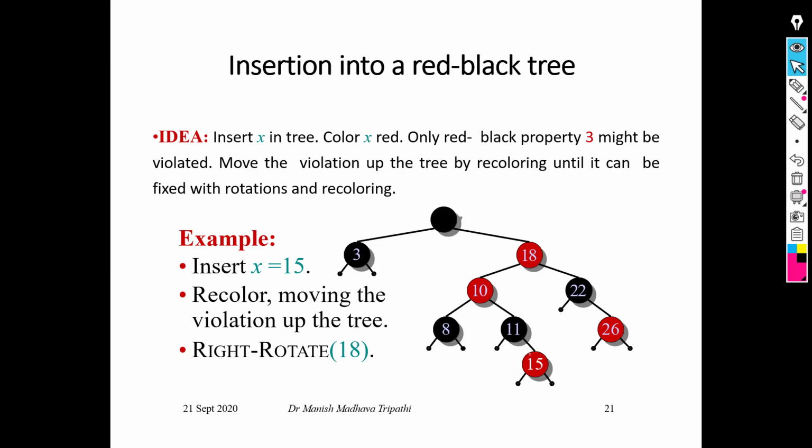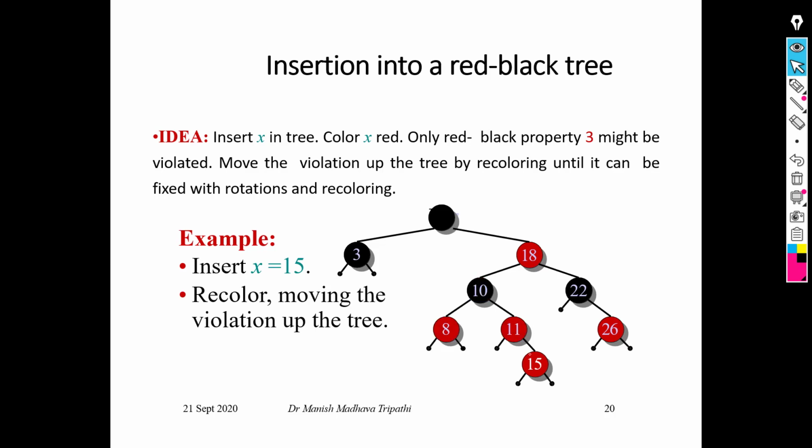So what we do here, first, this node was of black color, 8 and 11 are of red color. So if we recolor 10 by red color and 8 and 11 by black color,